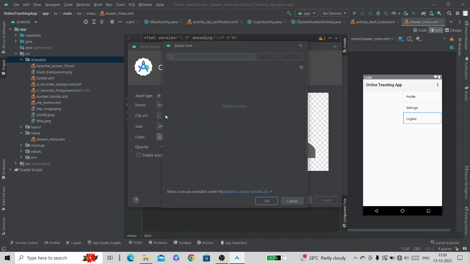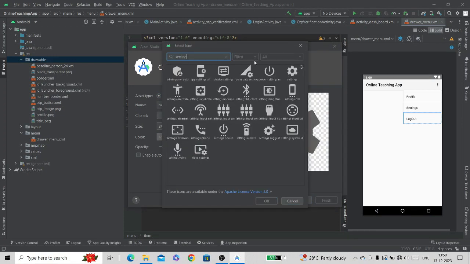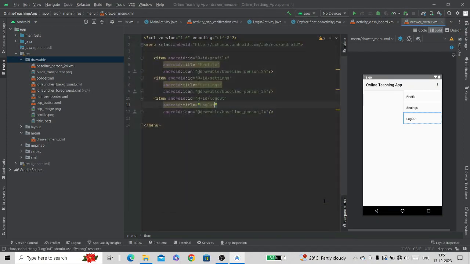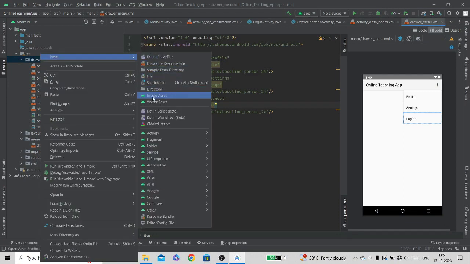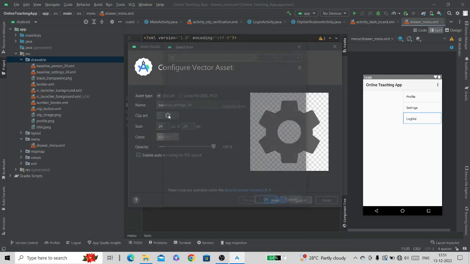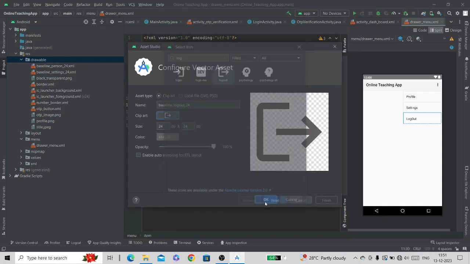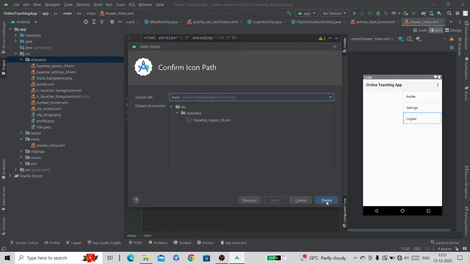Click on this clip art and search for setting icon. Here you can see the setting icon, select it and click OK and then click on next and then click on finish. Again click on drawable and click on vector assets, click on clip art and select the icon for logout. Select this logout icon, click OK, then click on next and then click on finish.